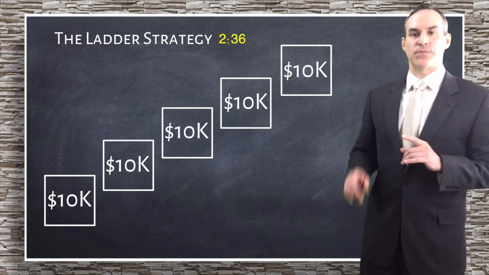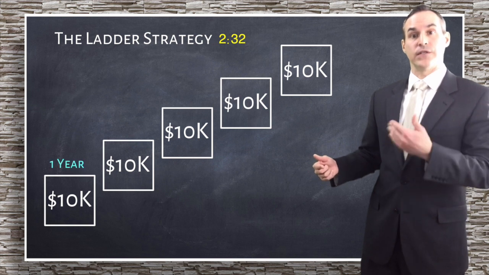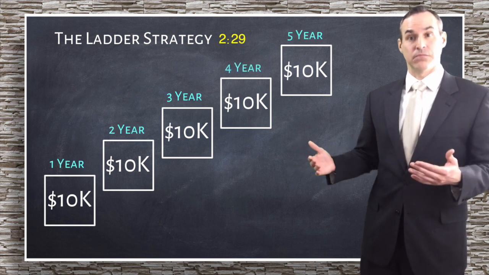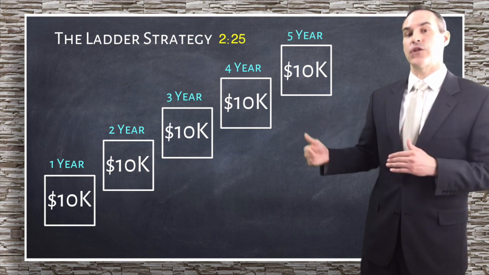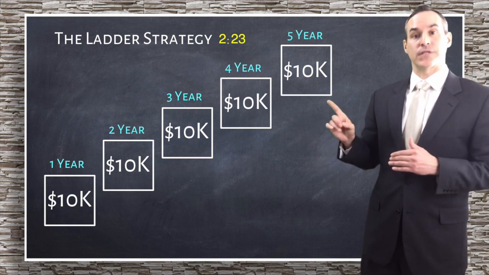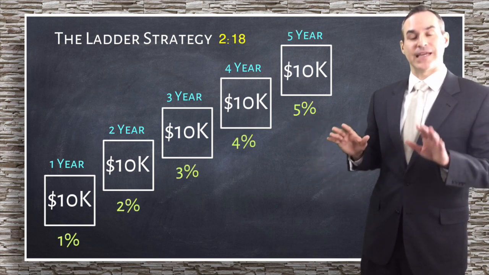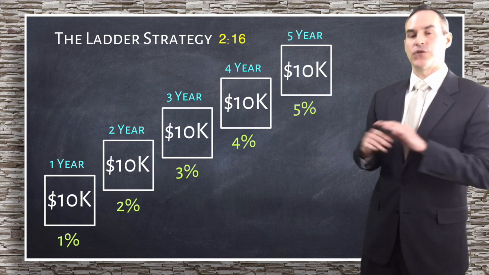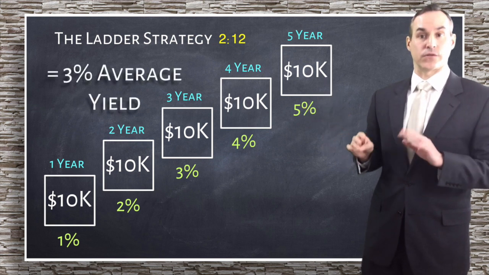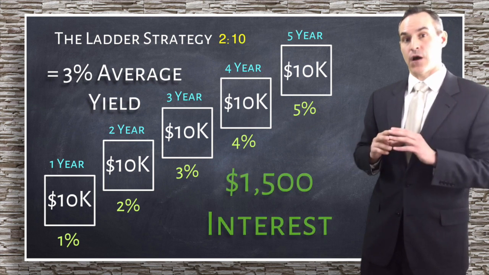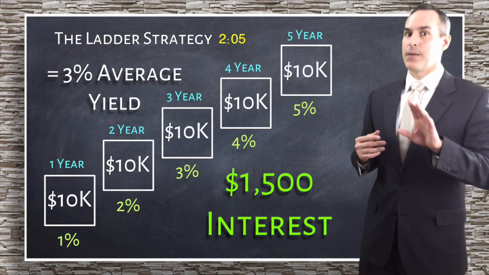Let's say these bonds each mature 1 year after the next, starting at year 1. Got it? Year 1, year 2, year 3, etc. Staying with me here? Great. Now, let's pretend that each bond increases the interest by 1% each year. Bond 1 yields 1%, 2, 2%. You get the idea. Now, don't worry, I'm going to do all the math for you. This portfolio is yielding 3% in interest, right? So we make $1,500 in income, or to reinvest if you want,